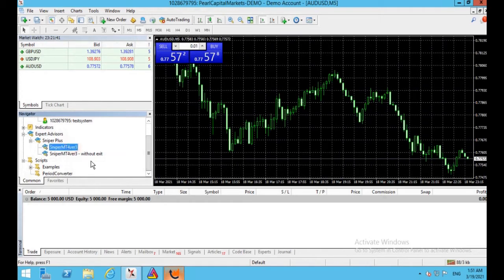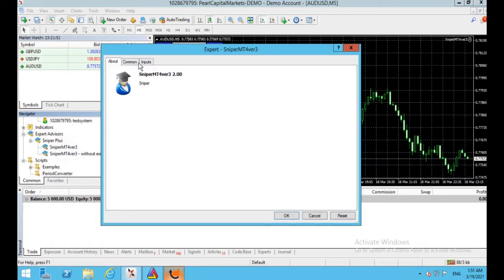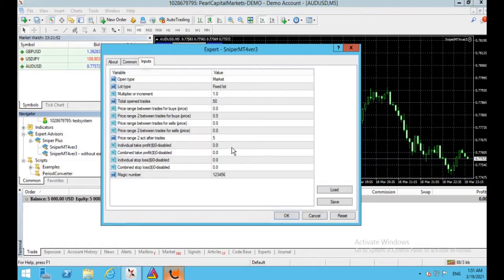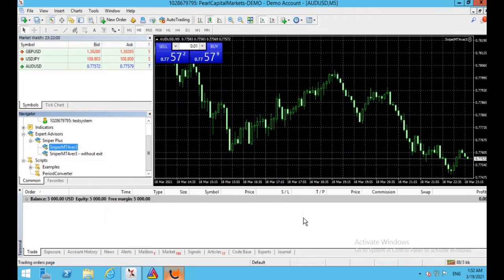Inside Snapper Plus there are two options, Snapper Plus MT4 version without exit. First we will learn with MT4 version 3. Here in common, select live trading. Here do nothing and click on OK.